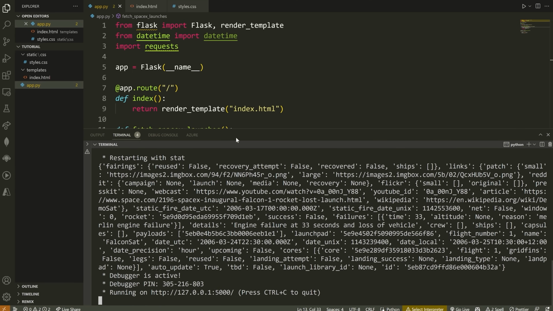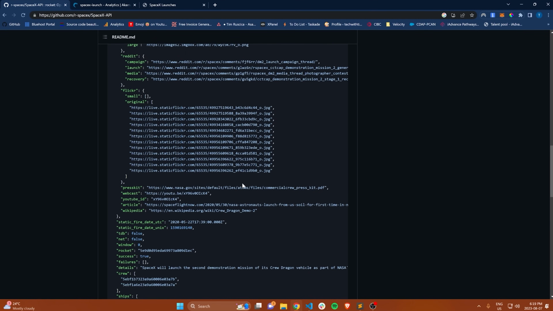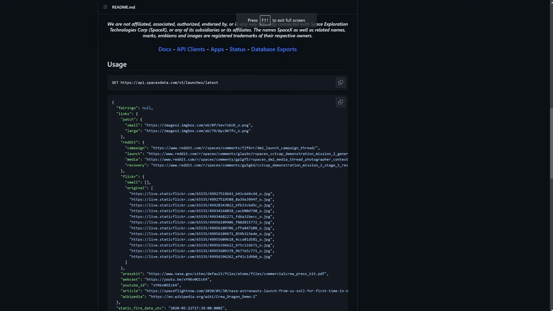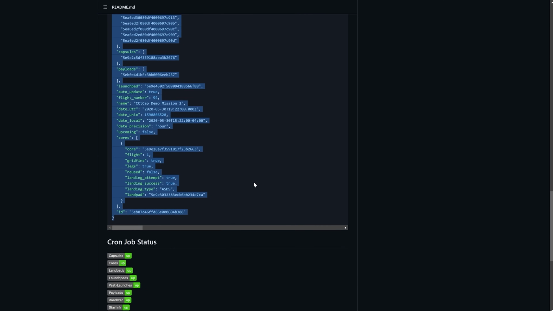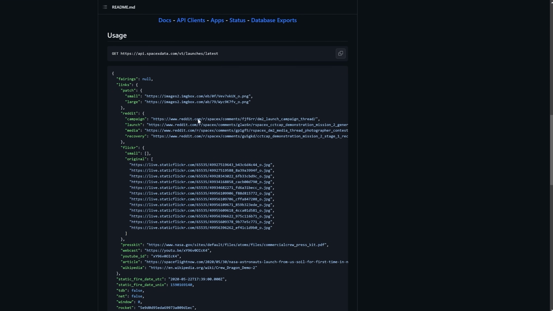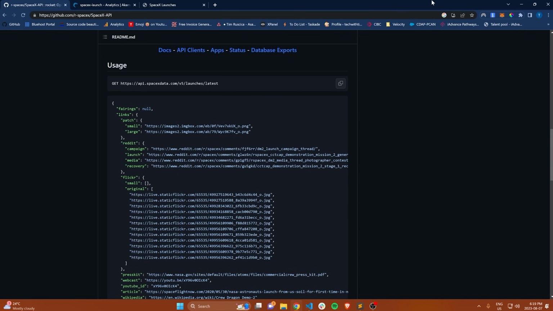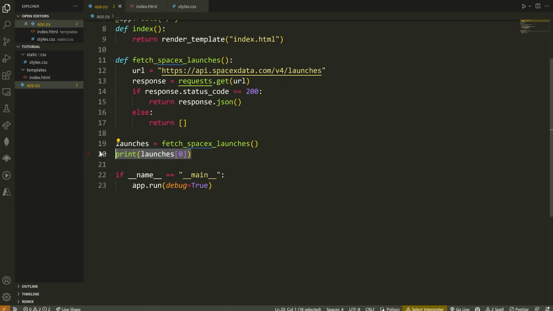Now, if you want a better view of this, you can go directly to the SpaceX GitHub page, which I'll link in the description, and it shows you all of the data that's going to be returned for one individual launch. So we can look at this later on, but this will just give you all of the keys in case there's some other information that you want that I'm not showing you in this video. Okay, so let's get out of that now. Let's remove the print statement.